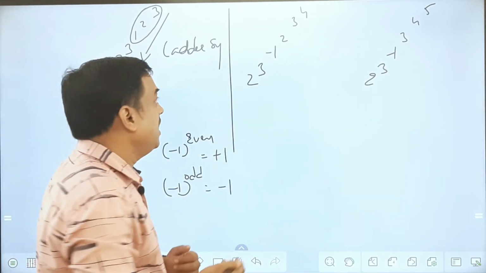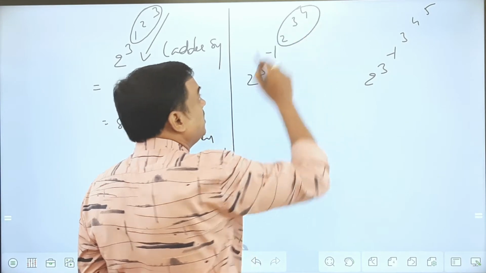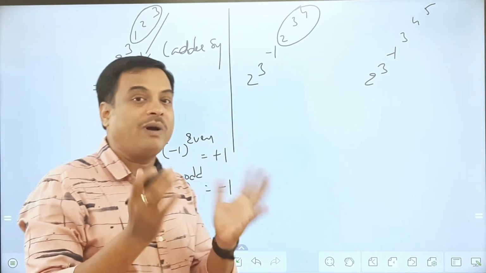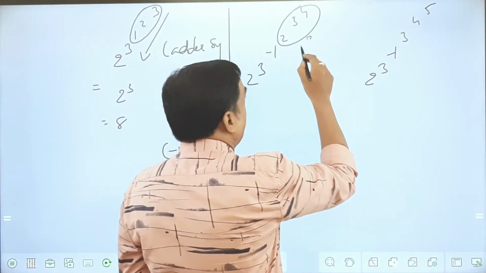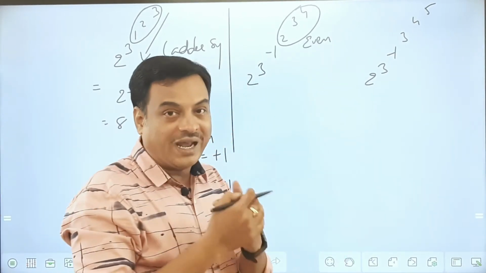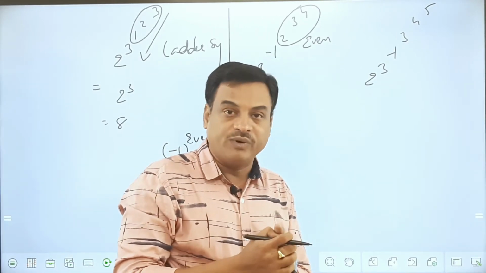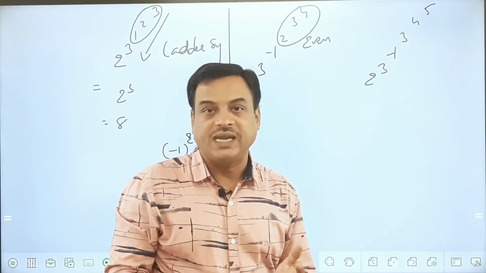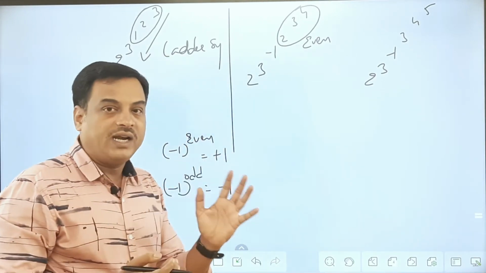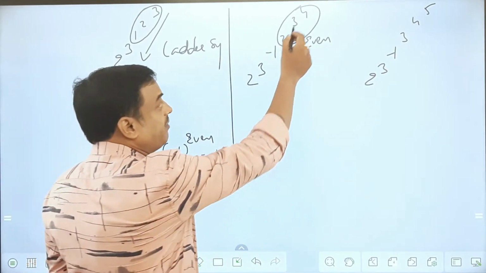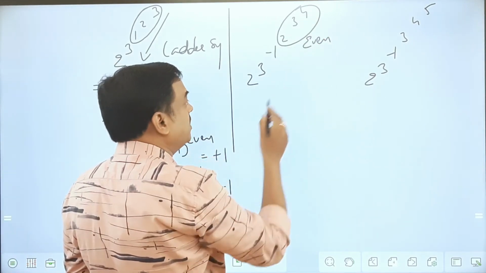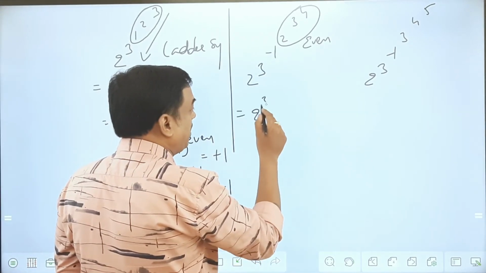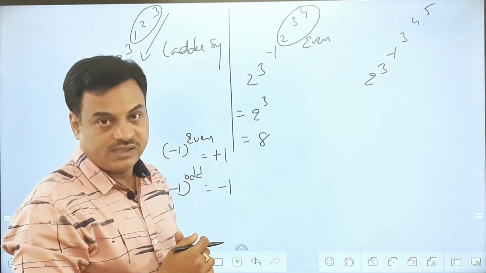We all know this. Now if you observe the arrangement here, it's 2 power 3 power 4, and any power of 2 will be an even number. I don't want to know what value it will be, but definitely it will be an even number for sure. Am I right or wrong? Like 2 power 1 is 2, 2 power 2 is 4, 2 power 3 is 8, 2 power 4 is 16. So all that will give you even numbers. I can say 2 power anything will result in an even number. So this minus 1 to the power of an even number becomes plus 1. So this is ultimately 2 power 3, and I'll get 8 as the value.